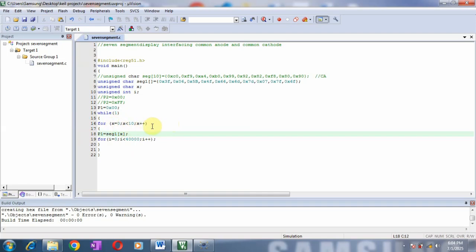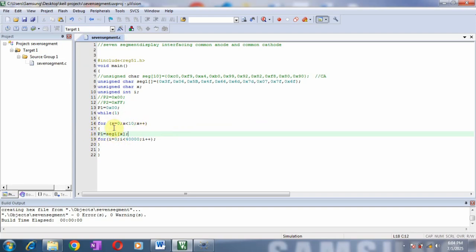Now here I have used a for loop as our total codes are for 0 to 9, that is a total of 10 numbers. So I have taken the loop for x from 0 to less than 10, that means a total of 10 values. And here we are sending the code corresponding to every digit to the port P1.